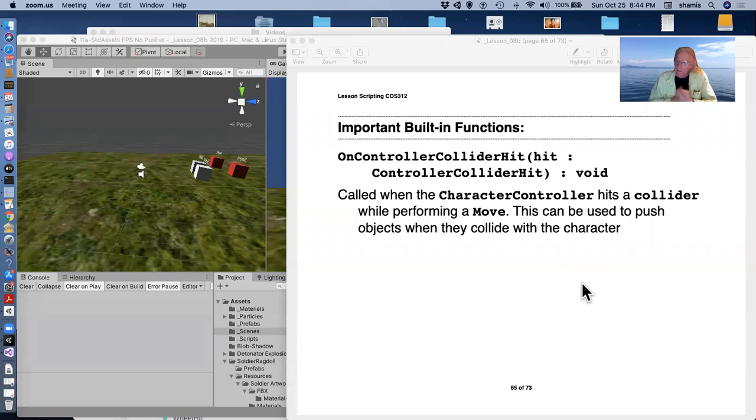So the last collision function in the built-in functions is OnControllerColliderHit. This is called when a character controller hits a collider while performing a move. I'm going to show you how we can use this to push objects around when they collide with a character. It's also something you could use to keep track of bullets hitting your character or your character hitting some target. It keeps track of hits to our character controller, which you remember is a capsule